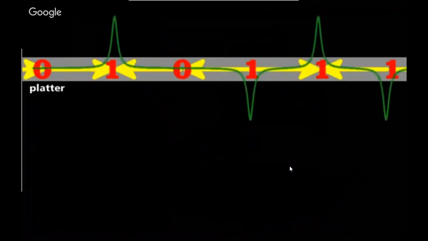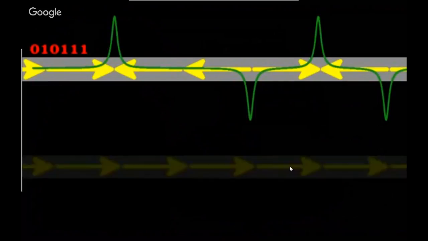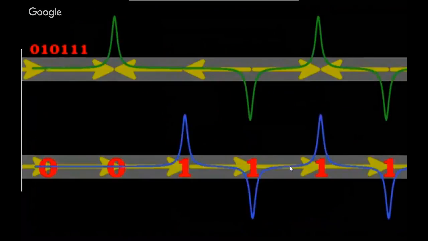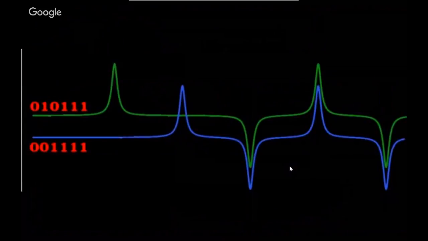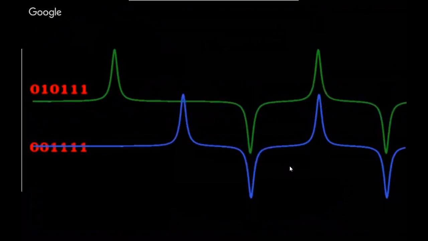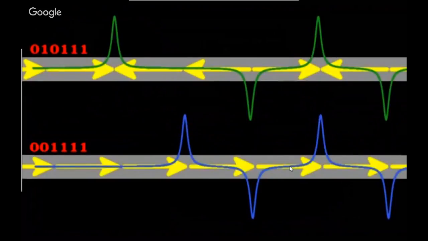Consider the sequence of magnetic poles on the disk surface: 0, 1, 0, 1, 1, 1. A scan by the head would reveal these distinct voltage spikes, both positive or negative for the ones. We would be easily able to distinguish it from, say, this similar sequence. If we compare them, they clearly differ. We always work to get more and more data onto a hard drive.